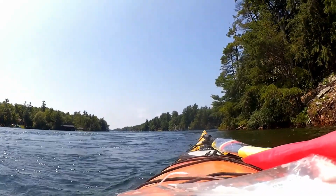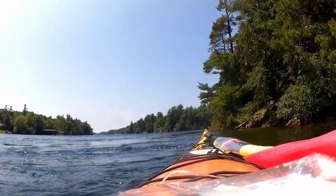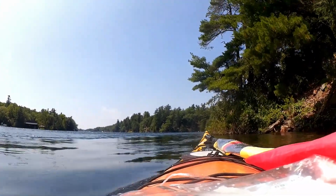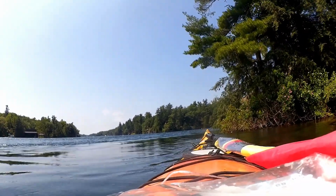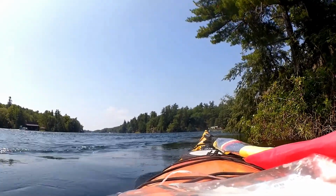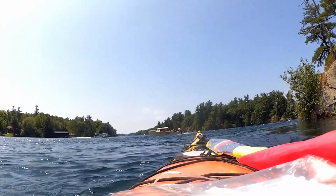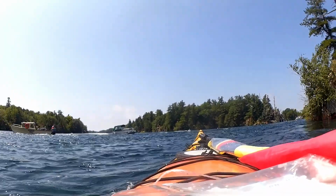Okay, so now we're into the channel at Fiddler's Elbow. So basically, we've lost our counter current, and now we're paddling against the current. It's quite strong, but what you do when you're going up against a current like that in a paddlecraft or sailboat is you try to stay right off to the edge, because around the edge of the channel the current's just not as strong, and you get little eddies that you can ride up, and you don't have the big standing waves, and you're out of the way of the boat traffic as well when you're kind of paddle distance from